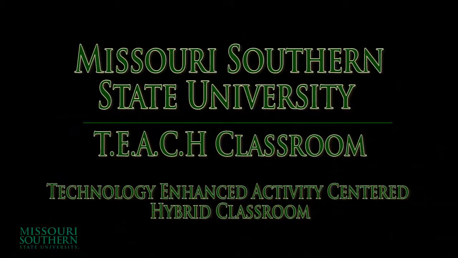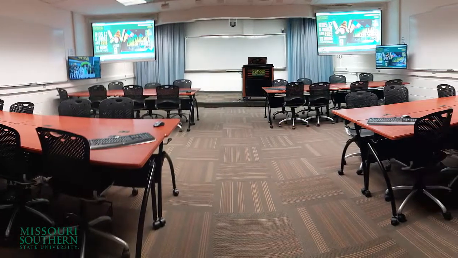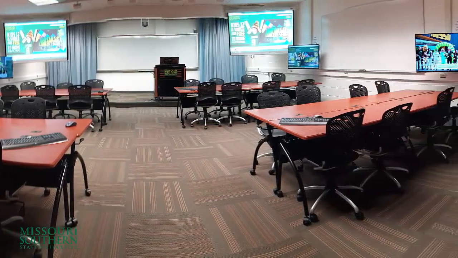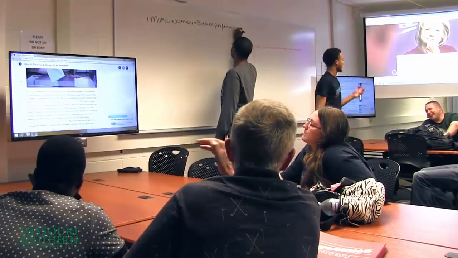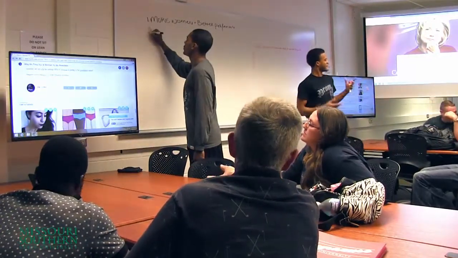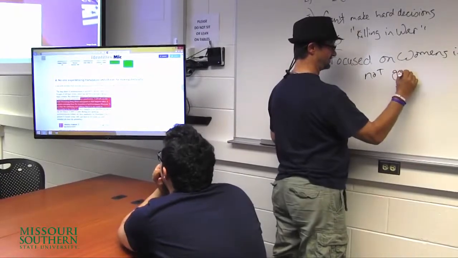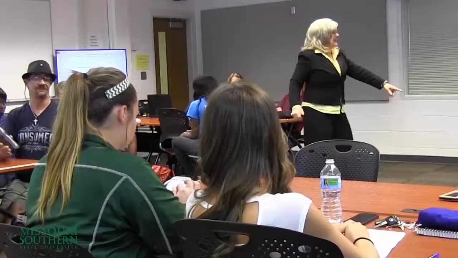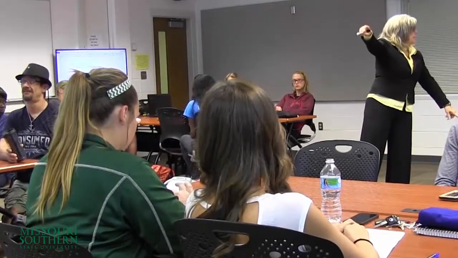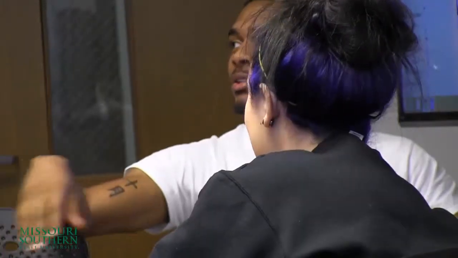This room is different. Students sit in groups of 8, facing each other rather than facing the instructor. One of the great things about this room is that the walls have whiteboards where the students can write and collaborate on the topic of research. Each group of 8 students have access to a computer with a monitor on the wall. Students are encouraged to bring their own electronic devices and use them in the classroom. The room is easy to walk around, and the instructor can access each student, which encourages interaction on a smaller